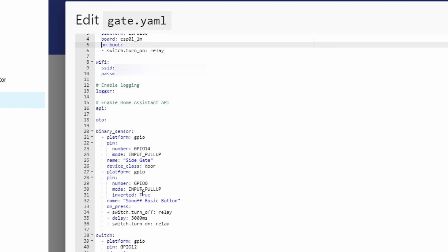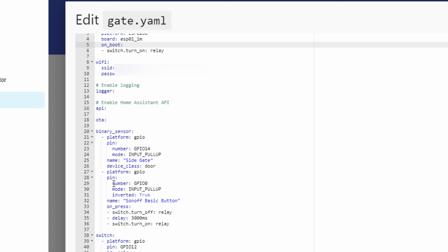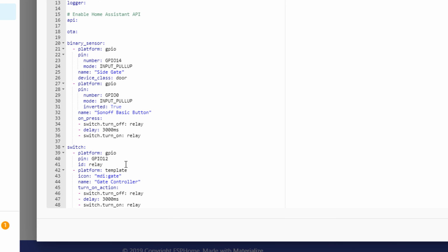gpio 0, that's the button. That's the button here. So what we're going to do here is hook up the keypad onto gpio 0, and also another external button on gpio 0 as well. That's programmed to switch off for 3 seconds and switch the power back on after 3 seconds, which will power up the lock, so it'll be ready to lock again when it senses that the gate is in the closed position. The switch will be on gpio 12,